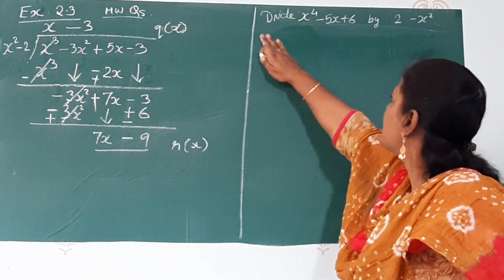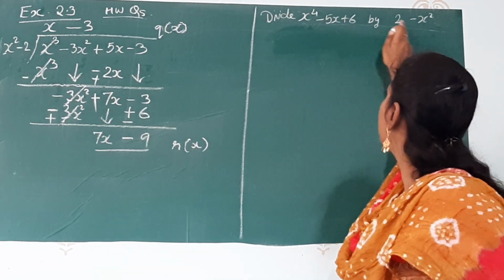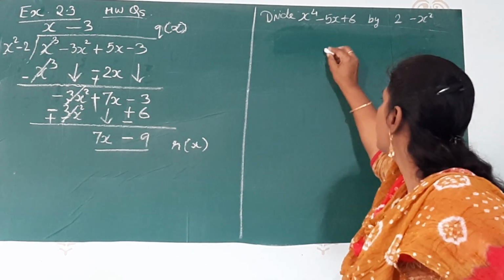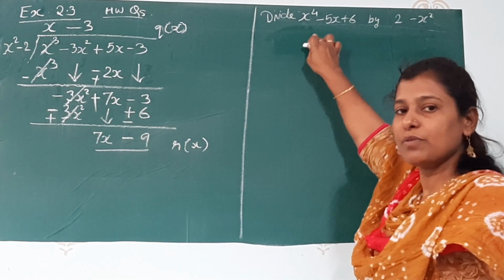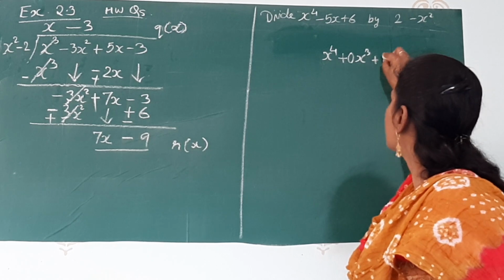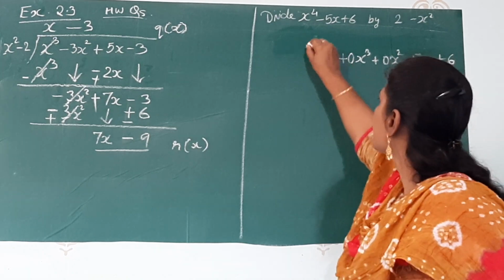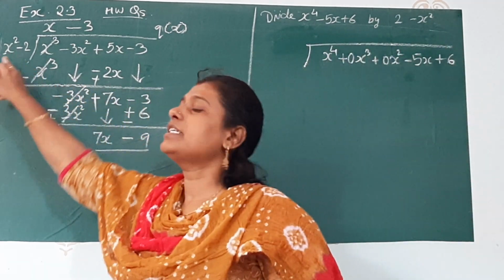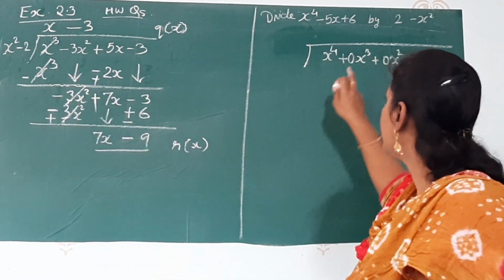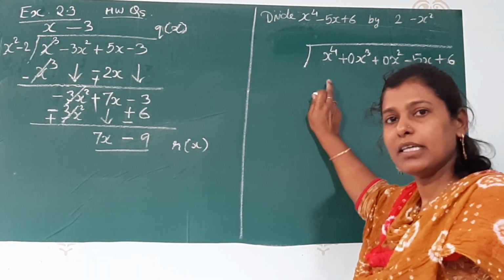See, in this I have not written in the standard form because here degree 4 and directly degree 1. We have to write in the standard form. Here also we have to rearrange: x square will come first and 2 is the constant term, it will go back. So x power 4, missing terms we have to take, plus 0x cube plus 0x square minus 5x plus 6. In the divisor, if a degree is missing, it will not make much difference. We have to be careful when we are writing. But if a missing term is there in the dividend, there will be a problem while solving. So better you write the missing terms.